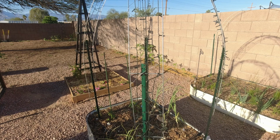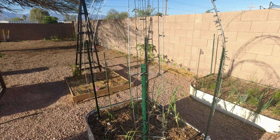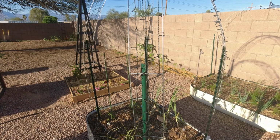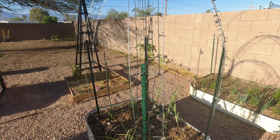In the very back, I have a cherry tomato. I don't even remember, it is a Tropical Sunset cherry, so I can't wait for this to be all full. I have a potato coming up in the middle, so I'm not really sure what else I can squeeze in here that I will be okay with. Pretty much the idea is that I might kill it when I harvest those potatoes, so I'll think of something quick